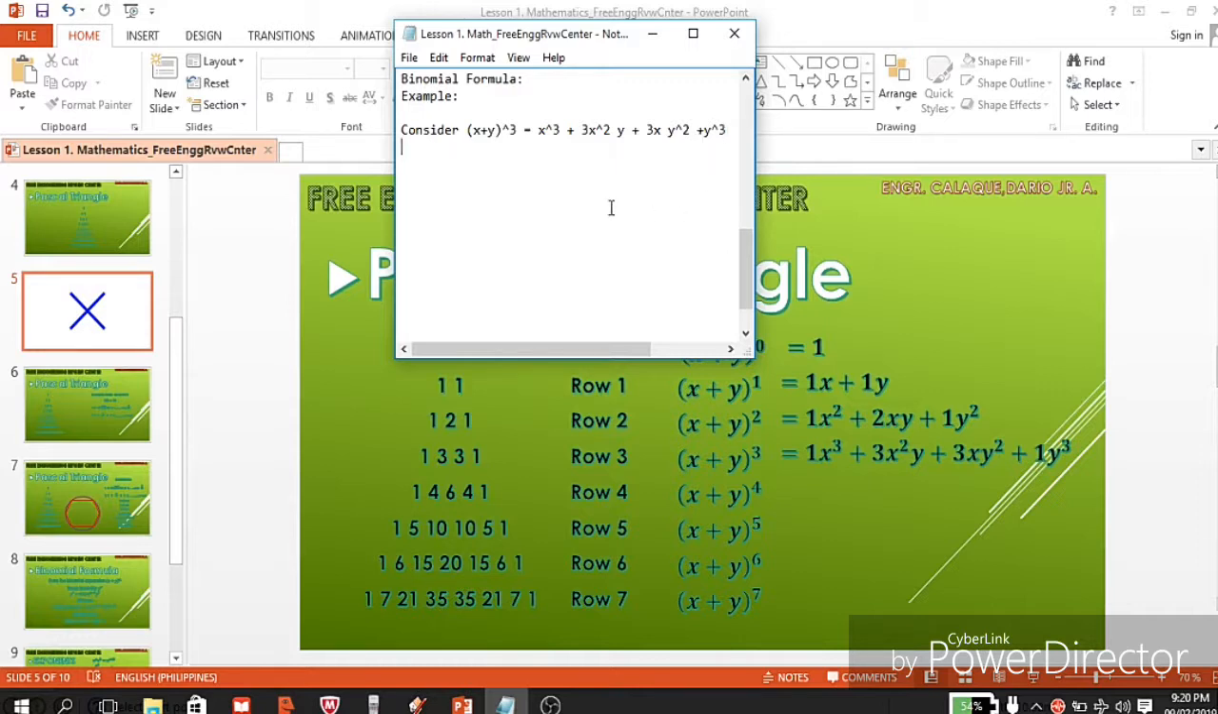One more thing, we can also get, so how about if we consider this (2x - 5y) raised to the power of 3? So what could be the value? So if we take the example here, in this expansion, we have